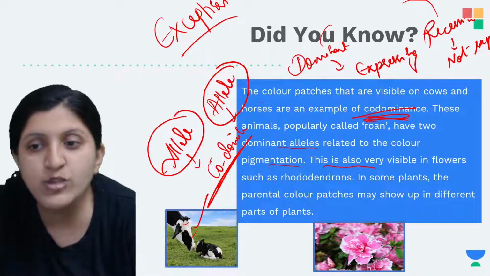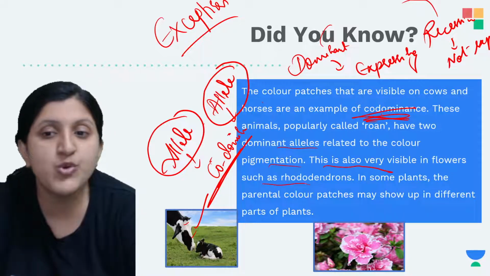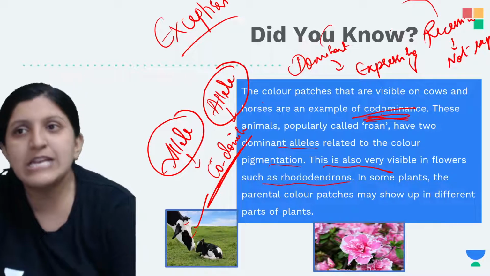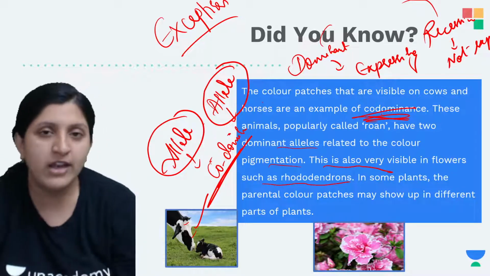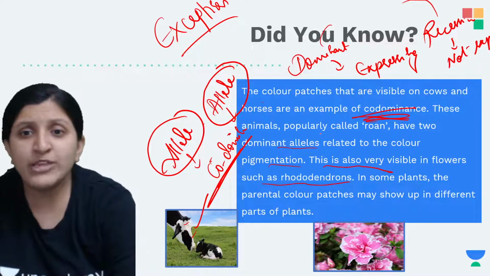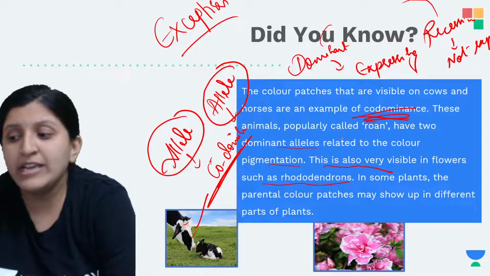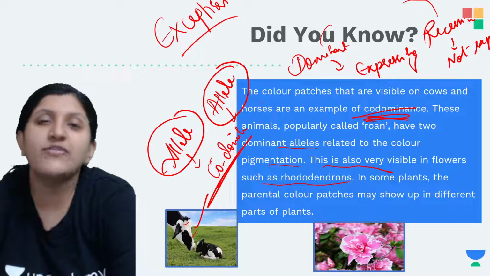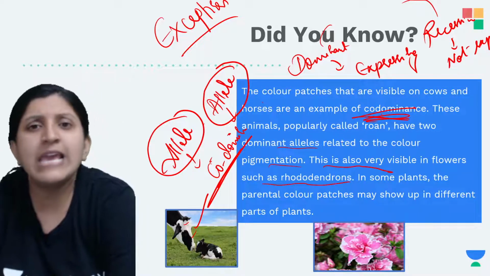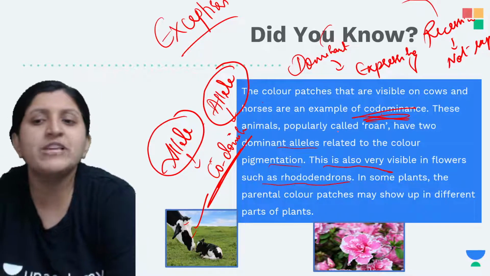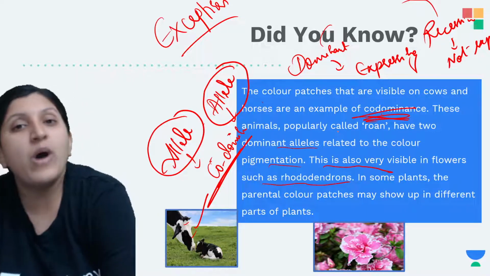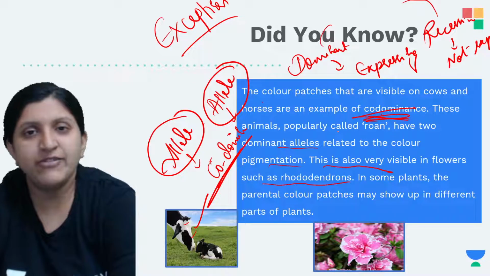This is also very visible in flowers such as rhododendrons. In rhododendron you can find a combination of colors: when red and white combine, you can find a pink color flower also. This is because of incomplete dominance. Otherwise, when both colors are the same, let's say a red color flower is there and a white color is also there in the same flower,